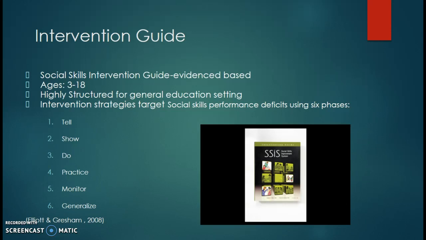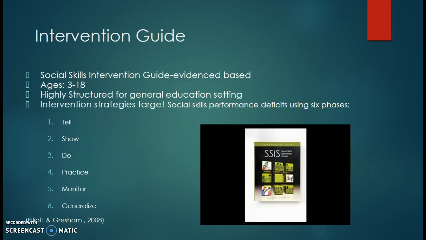We do this in OT. The practice phase: review and apply the skill, have pairs of students practice the skill, and provide each student with feedback. This is where I think using peer mentors that come into the classroom in middle school to help facilitate these increased social skills would be a huge benefit to these kids, especially in middle school, because they're not in high school yet, let's just put it that way.